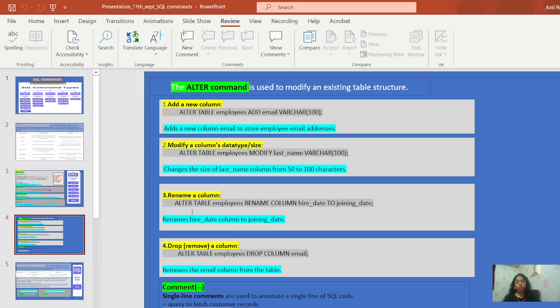Then renaming a column, it's saying ALTER TABLE name RENAME COLUMN column name TO new column name. Rename only changes the name. Okay, and then dropping a column means ALTER TABLE name DROP COLUMN column name. Okay, it removes that particular column from the table. And then a comment is nothing but a double hyphen, which denotes a single line of SQL comment. Okay,